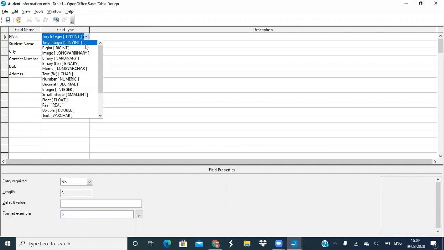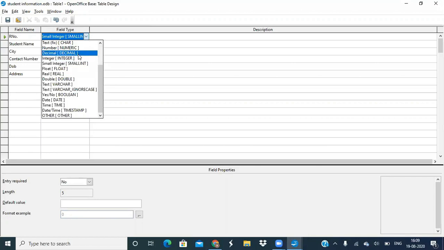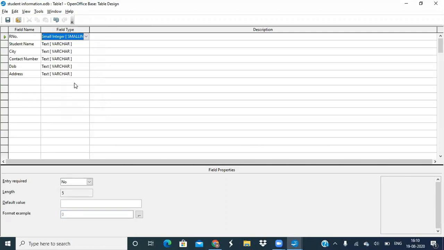When you take the small integer, it will take the 5-digit field length. Next is your integer, it takes 10 digits, and big integer in which you can store the 19-digit values. So the roll number, we are taking as a small integer.